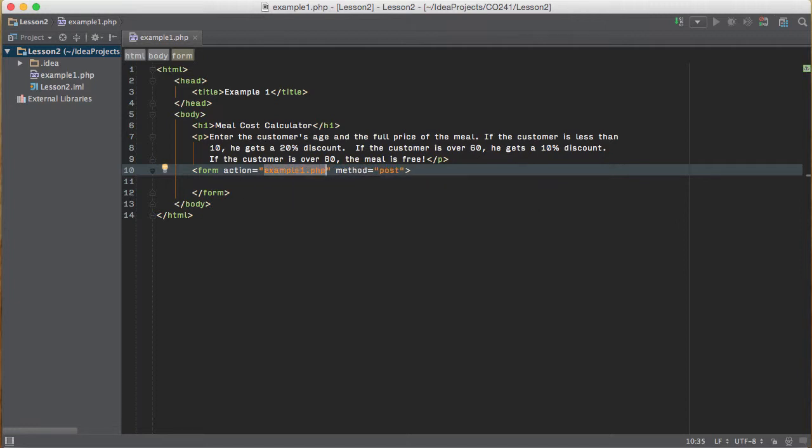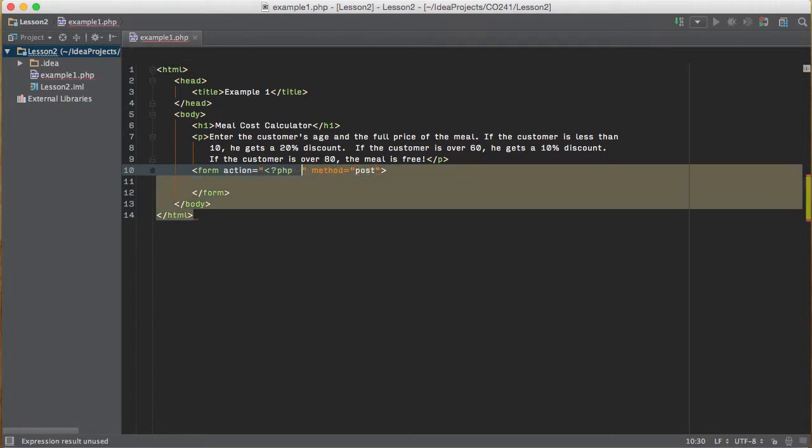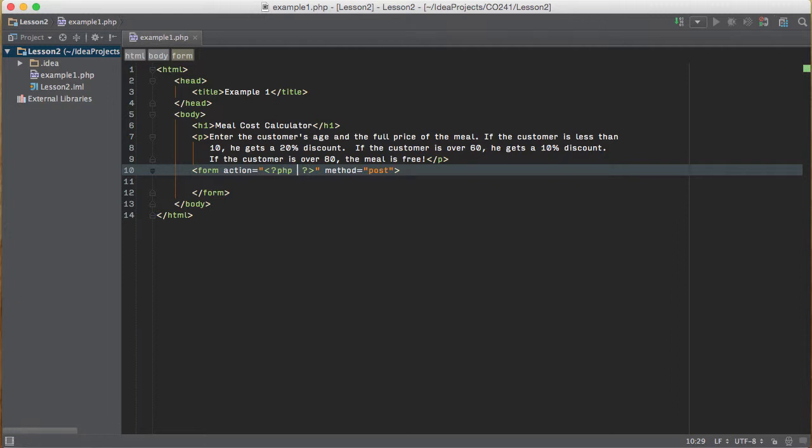Now that file name I put there works, but if I ever wanted to change the name of the file, so if I changed it, for instance, from example1.php back to index.php, I'd have to change the name here as well. There's a little trick you can use here, and what you do is you break into PHP mode for the information in between the quotes. So you see you've got your opening quote here, and your closing quote there, and in between you're going to switch into the PHP mode, and what you're going to do is you're going to echo,